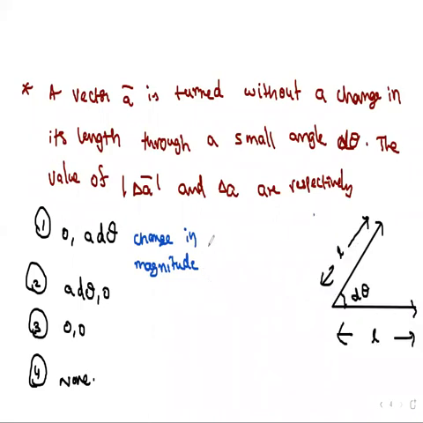Okay, change in magnitude. What is the symbol for change in magnitude? Only delta A. You should not write delta A bar. Bar, if you place it, you have to consider the direction also. If you want to calculate only the change in magnitude, is there any change in magnitude while it is rotating? No, the magnitude will remain the same, same length only. So L minus L, that is 0. Finally it is L, initially it is also L.